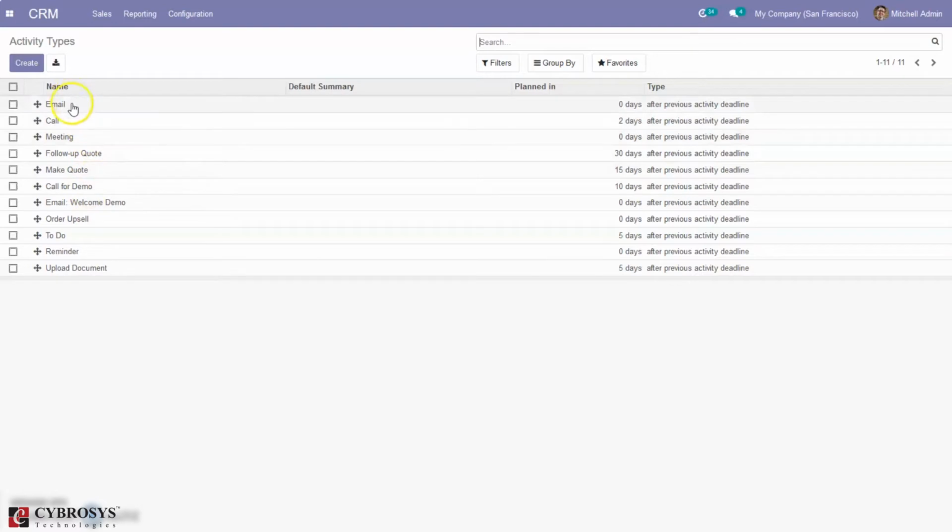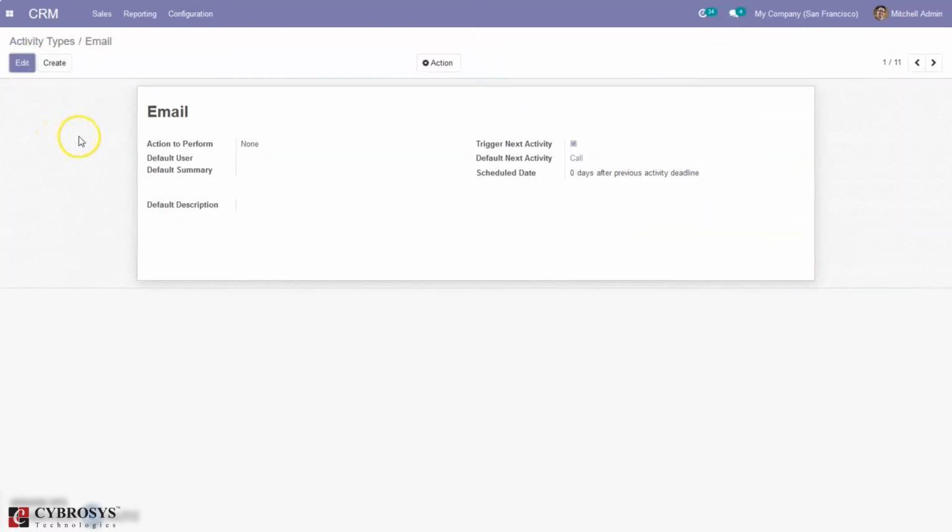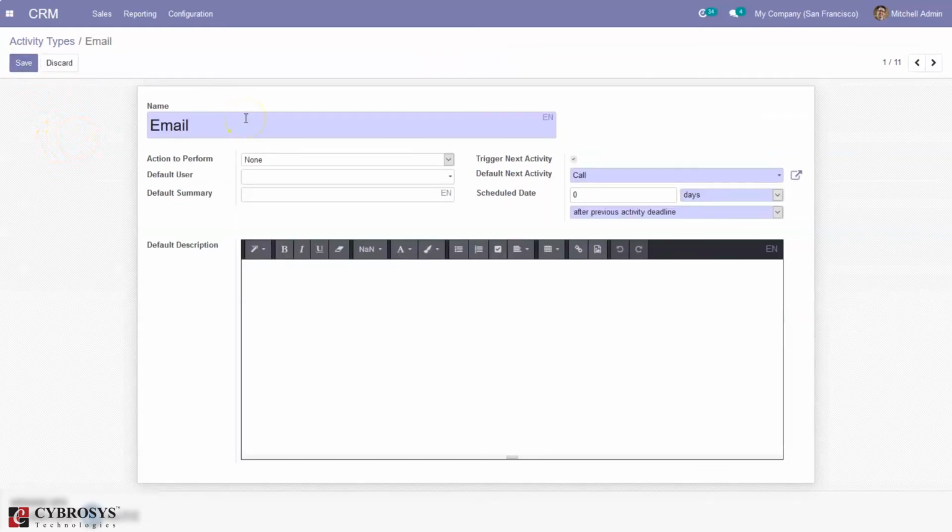Okay, so here we have email, call, meeting, follow-up quotation, make quotation, call for demo, and you can see order, upsell, to do, reminder, uploading document. So when you open one, if I open email, you can see the details related to that activity type, like the name of the activity type and what action needs